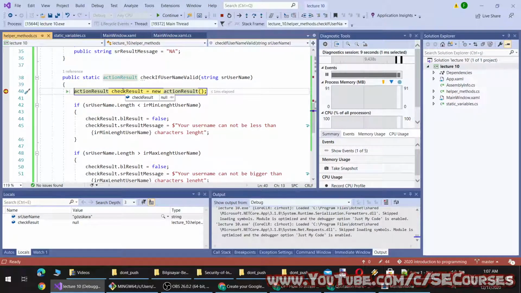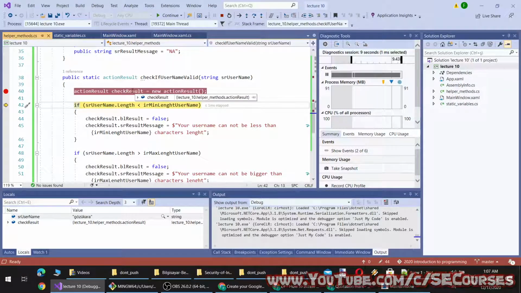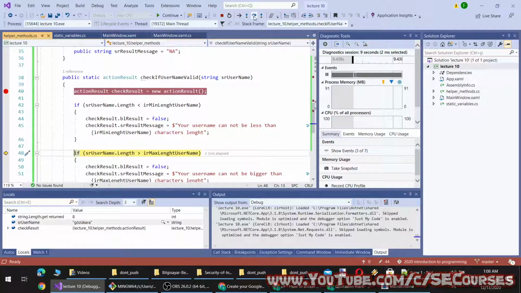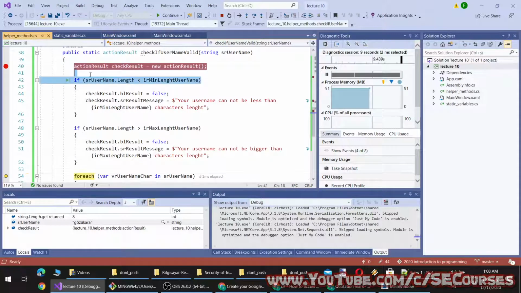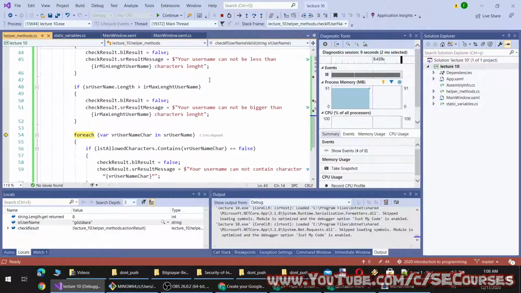So it will first initialize an instance of this class object here. Let's continue. Okay, it is initialized with the default values true and NA. Then it will continue executing our program code, and we have checked its length. It is equal to 8, which is bigger than the minimum length and smaller than the maximum length.